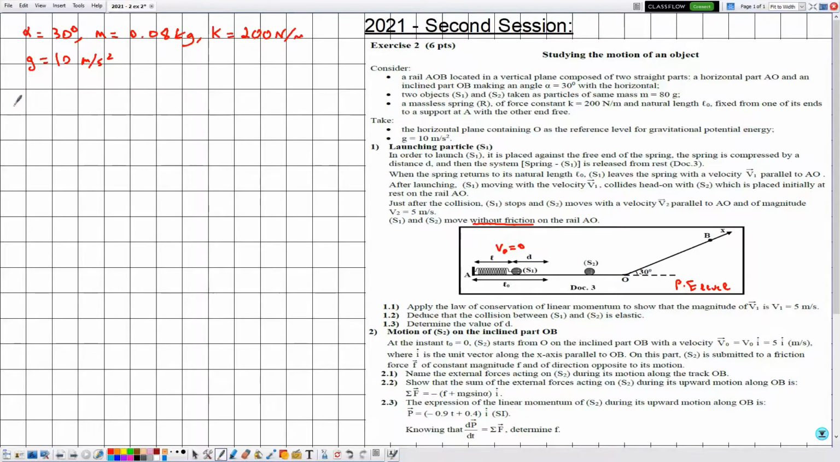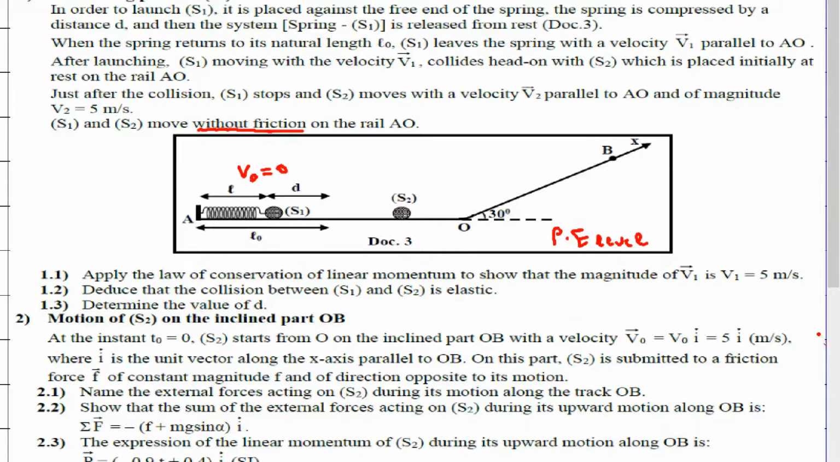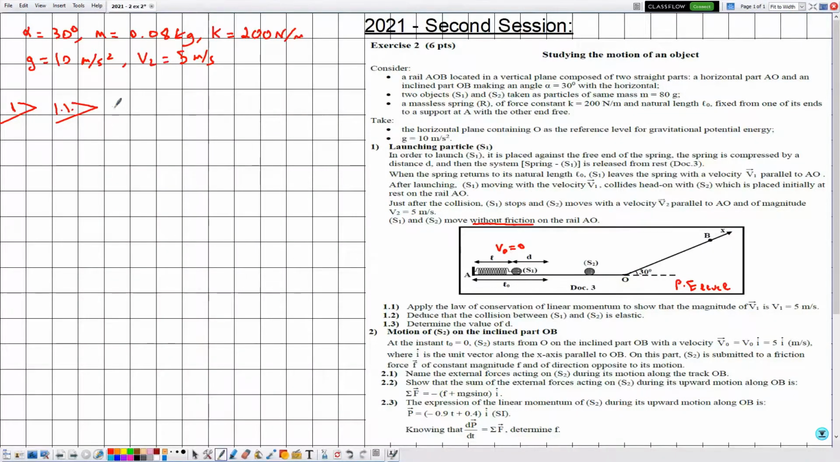Then we are in part 1.1, and here we know that after collision the speed of S2 is v2 equal to 5 meters per second. Now in 1.1 they are telling us to apply the law of conservation of linear momentum to show that the magnitude of v1 is equal to 5 meters per second. So let me write as a title, during collision